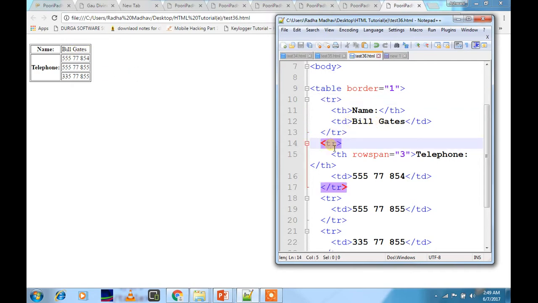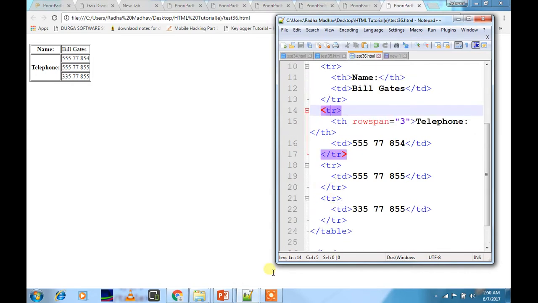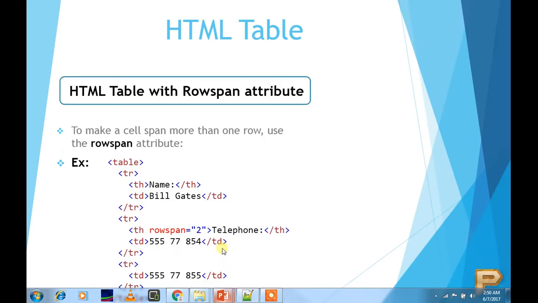Then again there is a second row where we have given again one heading th and td column. And here you can see learners, we have given rowspan 3 because 3 rows were there. If you go horizontally, 3 rows were there. So for telephone we have given rowspan 3, meaning it will expand itself to 3. It will take the space of 3 rows. So by giving the rowspan 3, it will cover up the 3 rows. This is how the rowspan and colspan code really works. And further are the codes. Now let's proceed further.